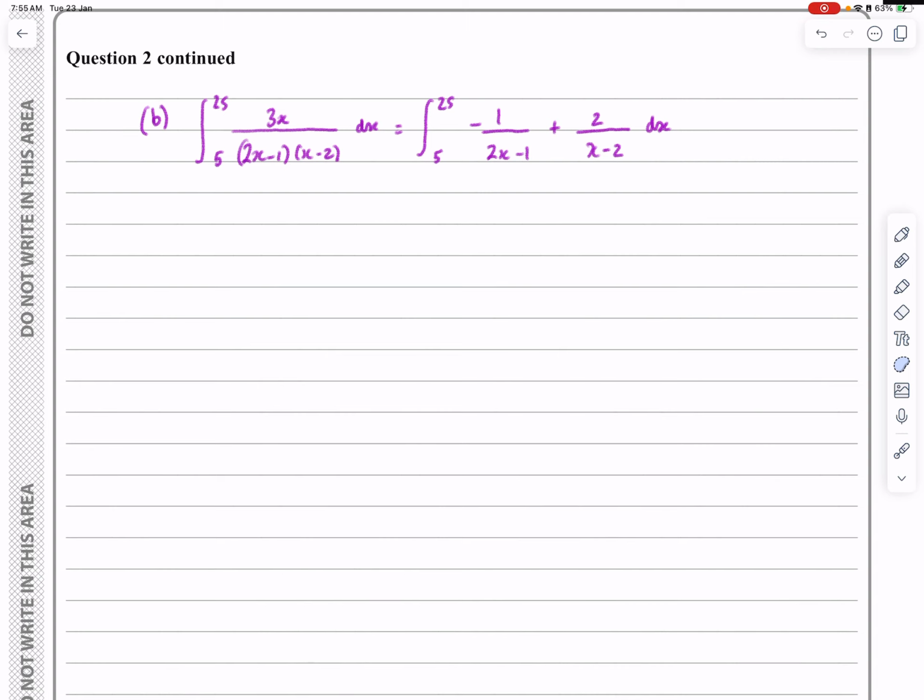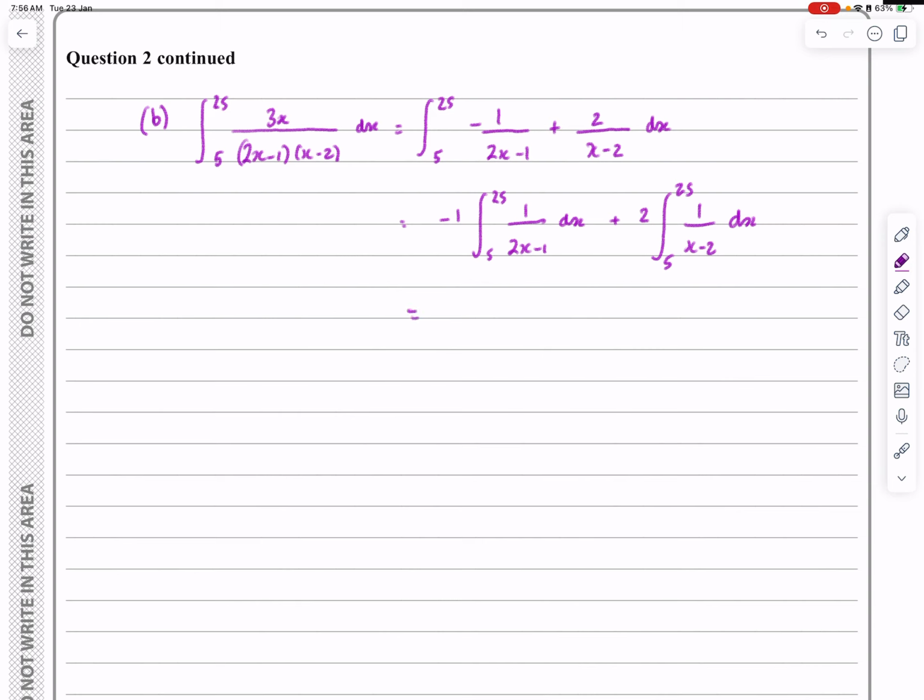The only thing I would do, if I was a little bit concerned, is I might take the minus 1 and the 2 out of the bracket. So I might say minus 1, integral between 25 and 5 of 1 over 2x minus 1 dx, plus 2 integral of 1 over x minus 2 dx. A lot of you will not need to do that, but it might just make things a little bit simpler